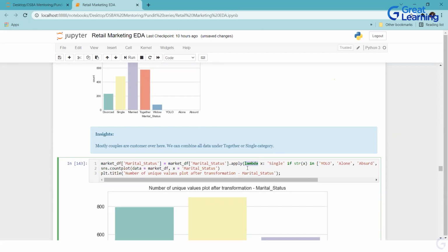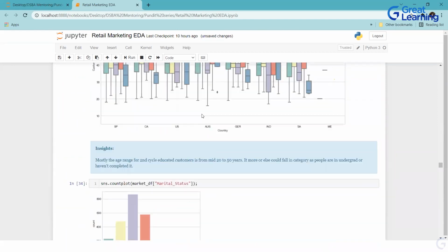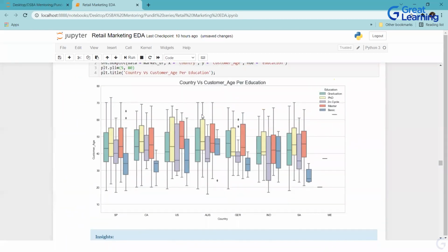How can we conclude that about education? Because even basics are in a wide range. Again, I'm saying this is my assumption. Your assumption can be different also. I'm saying that basic education is, see, on a very low level. We saw the relation between education and income over there also, and people with basic education are having less. So I can't say that this is undergrad or something, but this is expanding in a span and people are having good income also. So might be people would be undergrad or they would have left like that.